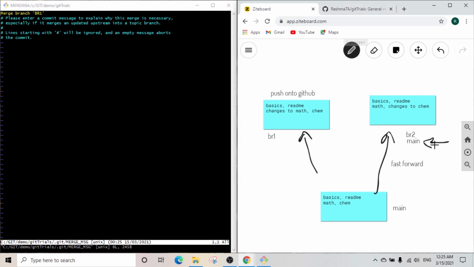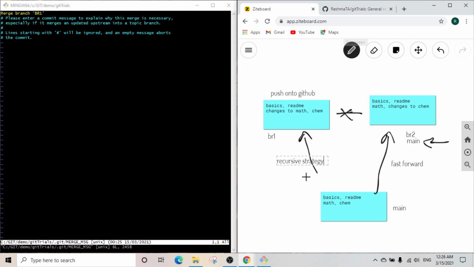So this is where the pointer is at right now, and when we said merge br1, because there is no direct relationship, it didn't get merged automatically or immediately, but Git has a way to merge these two together, and that's called the three-way merge, and it's done by the recursive strategy. So not fast forward, but through the recursive strategy.